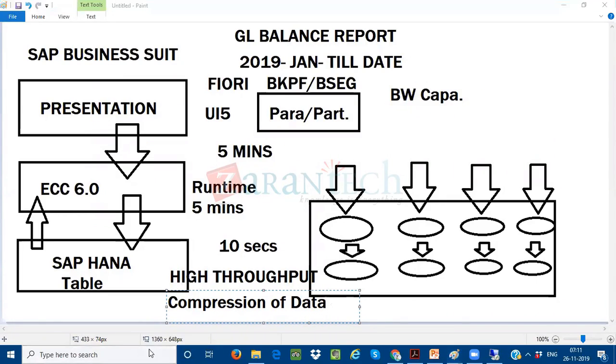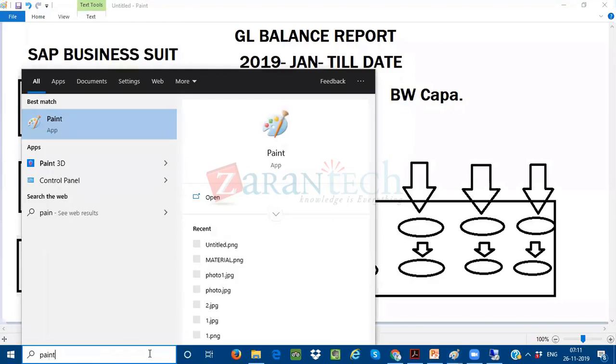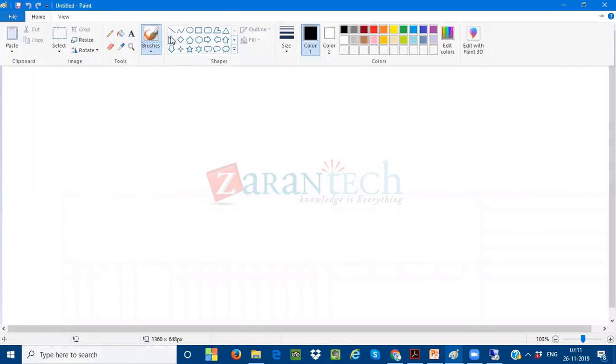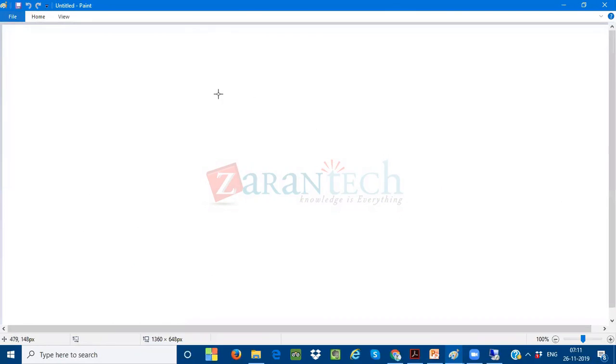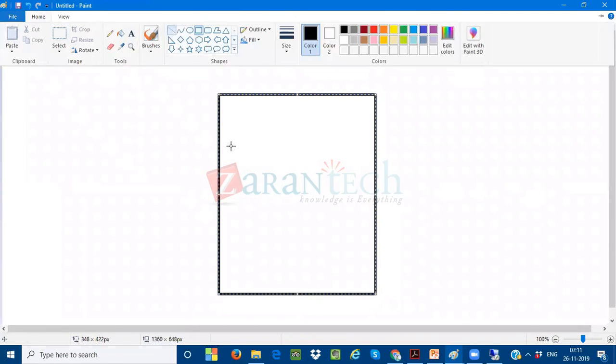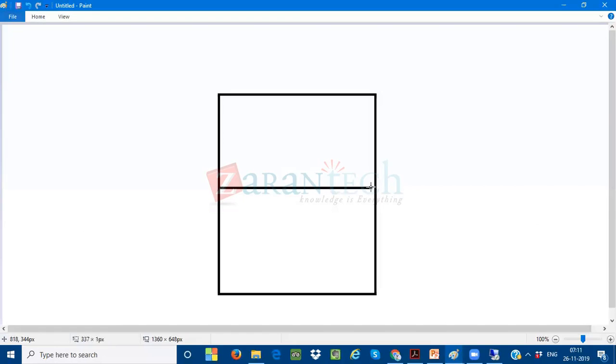So if I put the same diagram more systematically, this is what is going to happen. This is my system. Everything I'm putting in one diagram now.